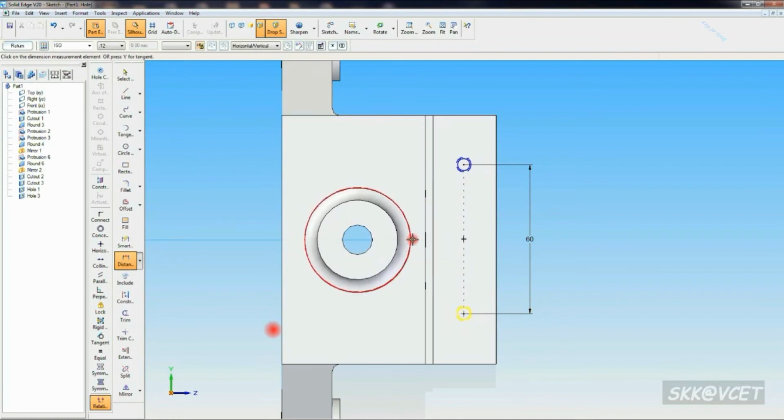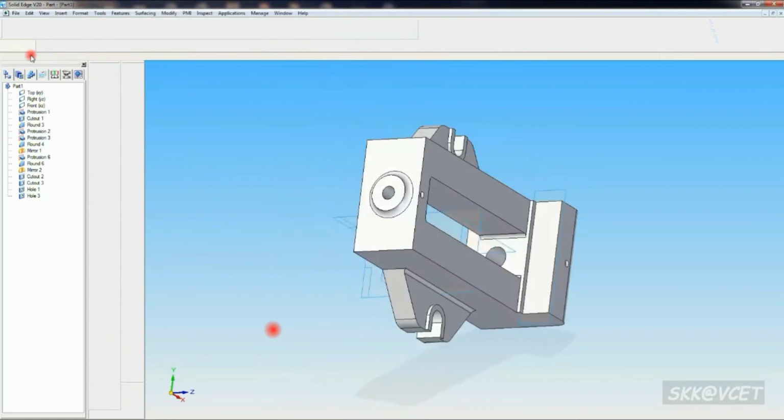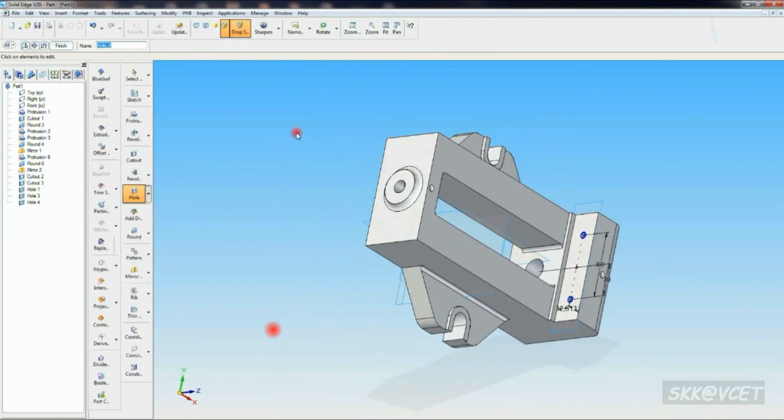Then the distance from the center plane midpoint should be 30. Now one more, the horizontal distance from the center to that line, should be 12.5. Now click on return, and move the cursor in no direction.